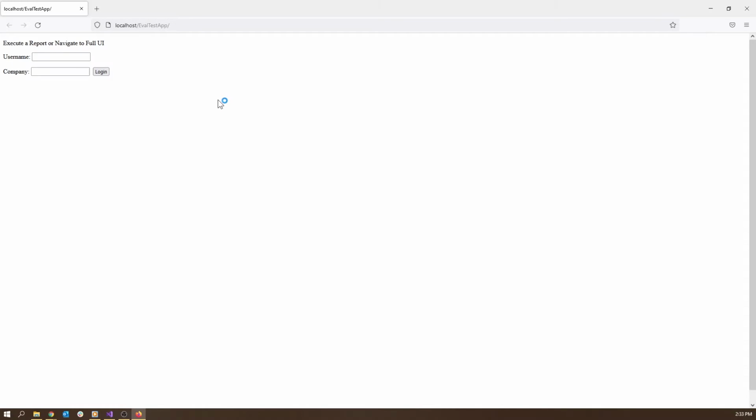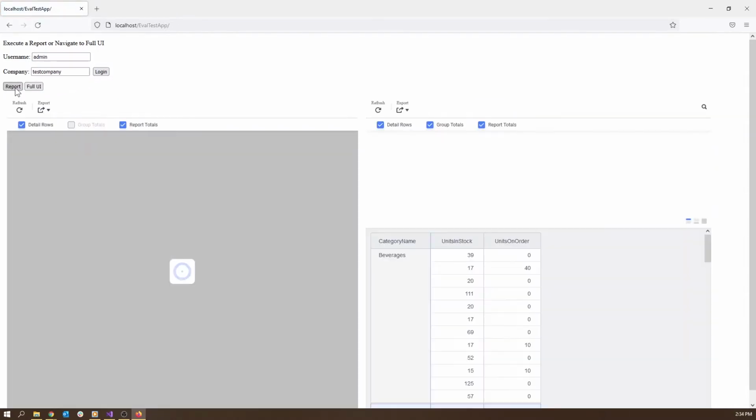To authenticate, we will provide a user ID and a company. If the user ID provided is anything other than the string admin, ADMIN, an end-user role will be activated. That role will lock all folders in the full UI for the user, as well as removing all report designer access except for ExpressView. If we click the Report button in the host application, we will see specific reports execute